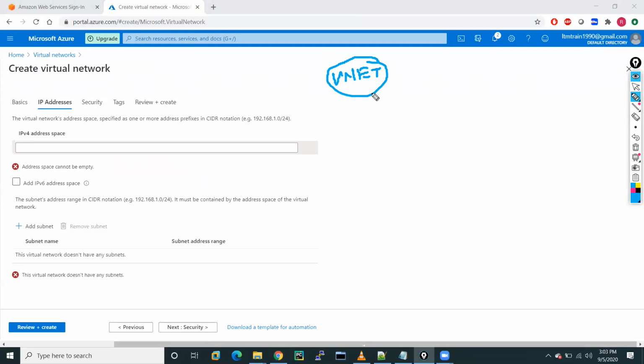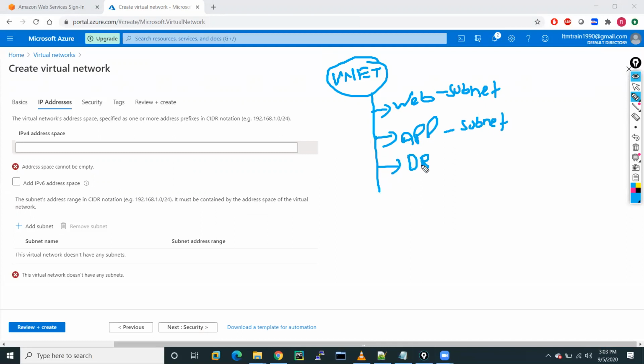In this VNet we will have a web subnet, where we will put all our web servers. Then we have an app subnet, where we will put our applications and all the application data. Then we have a DB subnet, where we will have our databases. And after that we will have a management subnet, where we will have our Bastion host, or we can say jump box.